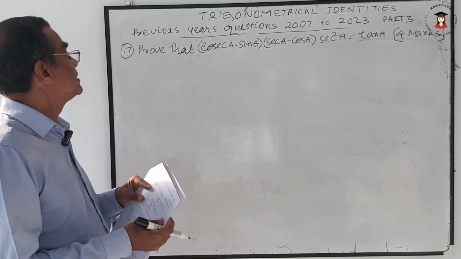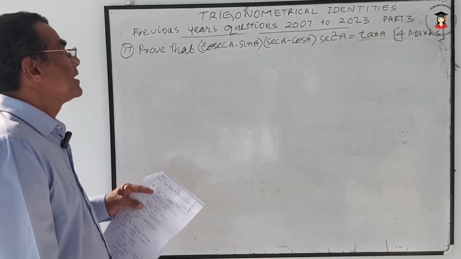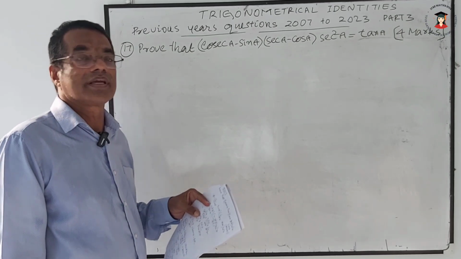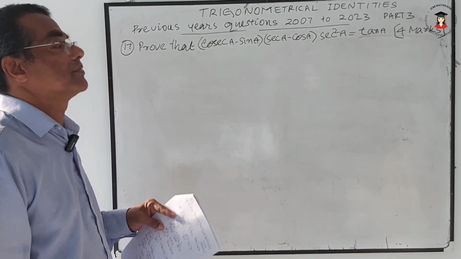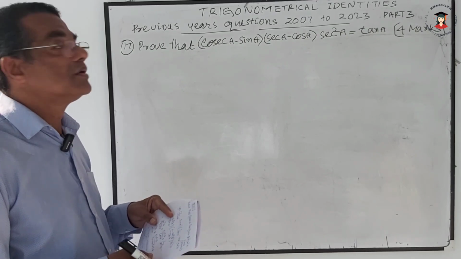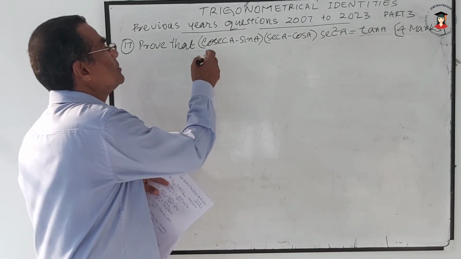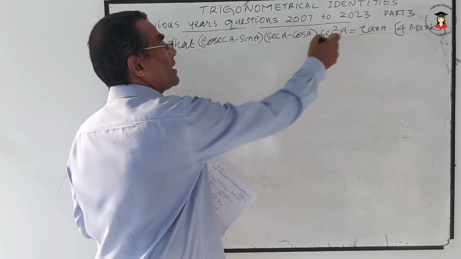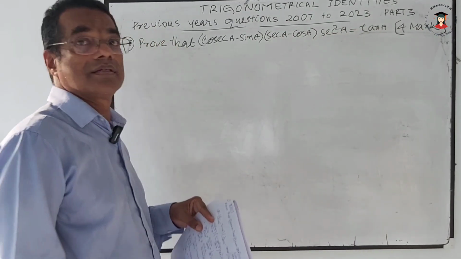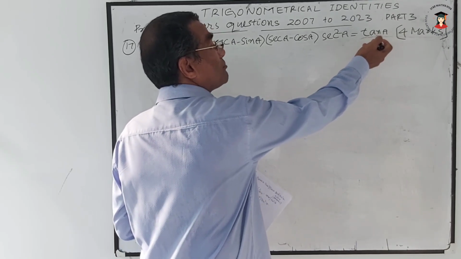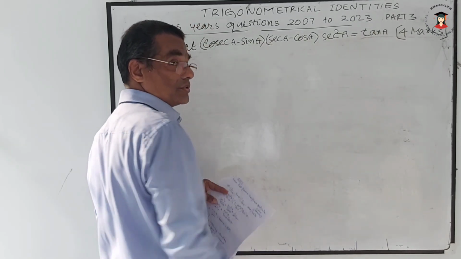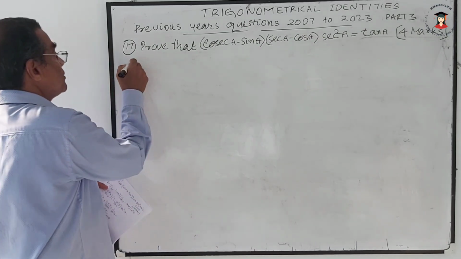Question number 17 is, prove that (cosec A minus sin A) into (sec A minus cos A) into tan square A equal to tan A. This question is for 4 marks. Obviously, it is easy to simplify the left side and arrive at the right hand side, because it is very difficult to arrive from tan A to such an expression. So left hand side equal to